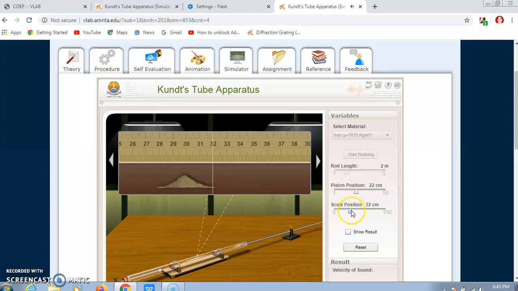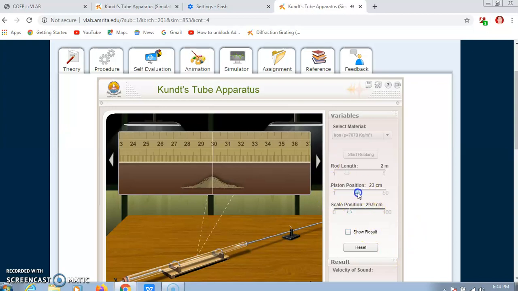Okay, you can change the scale. Change the position of the scale and take the reading exactly at the center of this node. So this reading corresponds to 29.9 centimeter.